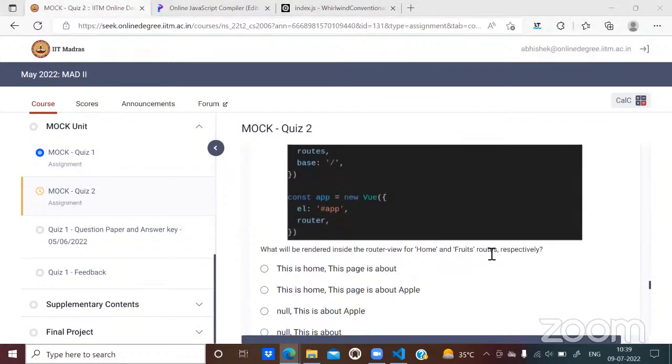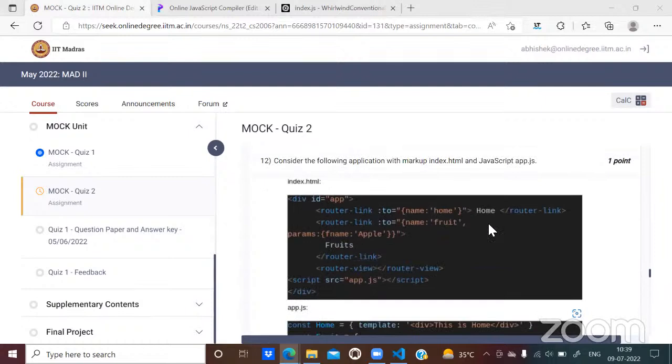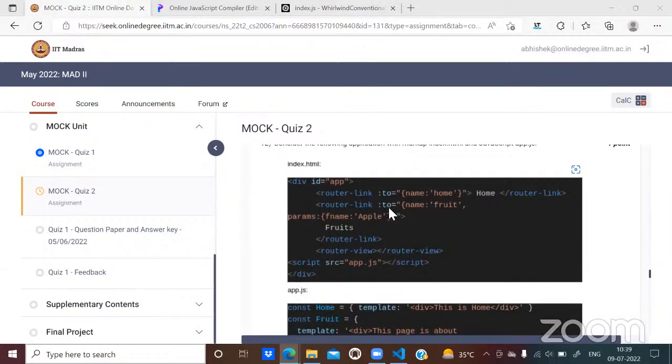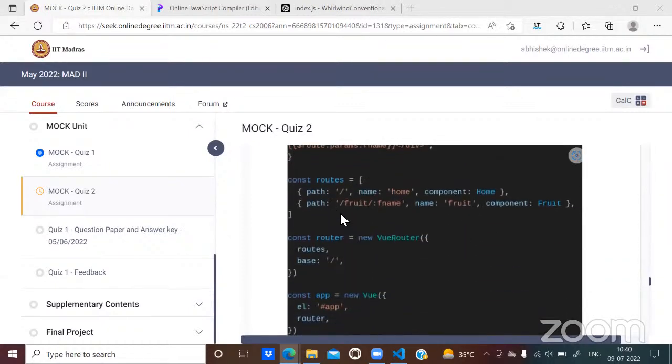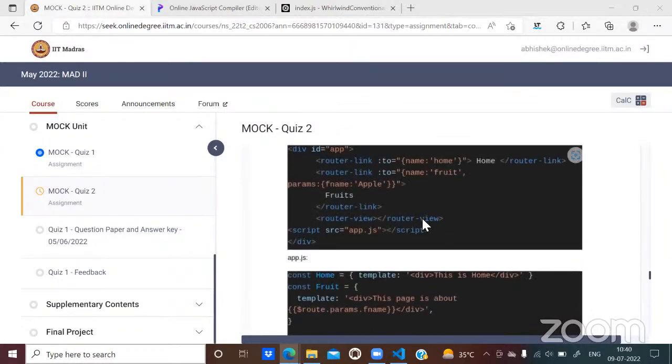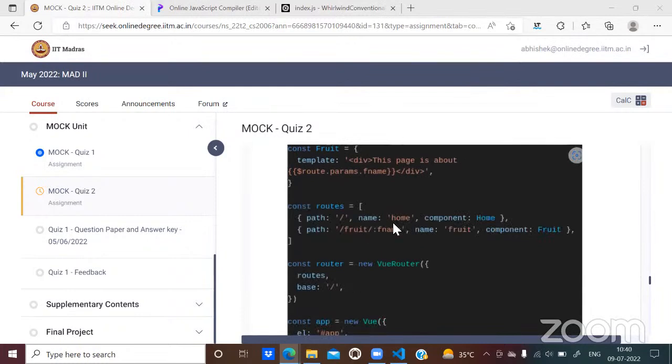Apart from that, if you go to fruits, what is going to happen is, fruits is this. You are sending a request to a route component which is named fruit, and you are also passing something in the query parameter. The parameter is fname, whose value is given as apple. If you go to routes here, you see that fruit is the URL that you want to hit, because the name is fruit and this is the path named fruit. And this fname, the value is given as apple.